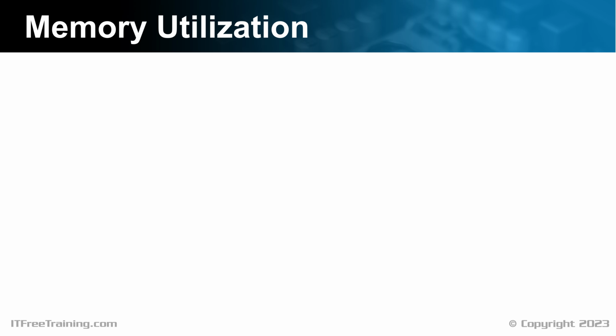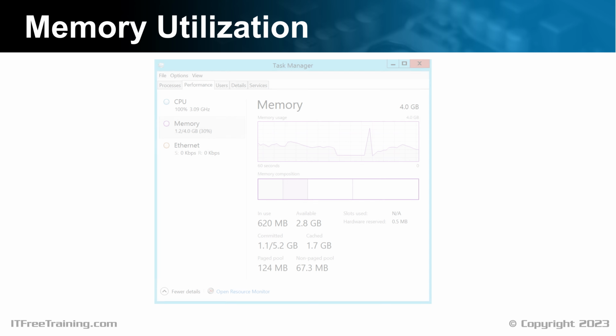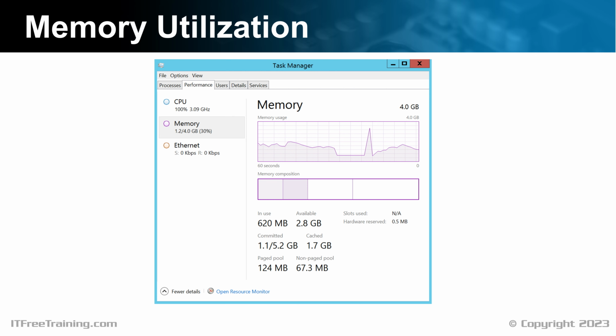To understand how a computer will use memory, I will have a look at the Task Manager in Windows. The Performance tab on the Task Manager will show how much memory is being used and what it is being used for. First, you can see in the Task Manager the amount of memory that is currently in use by software. The graphic gives you an indication of the total amount of memory that is used, but you can see below that this is also the amount represented as a number.